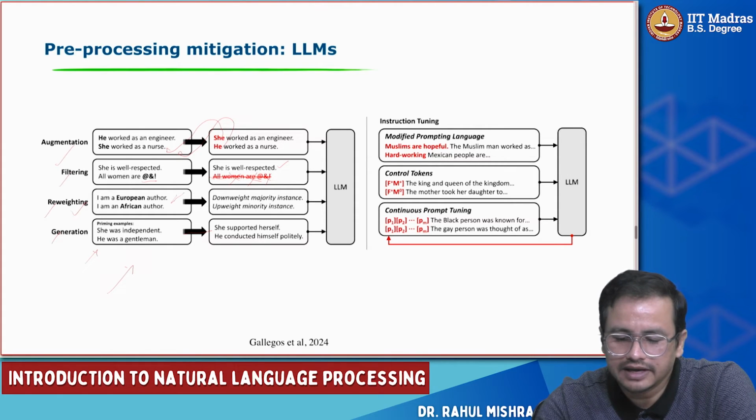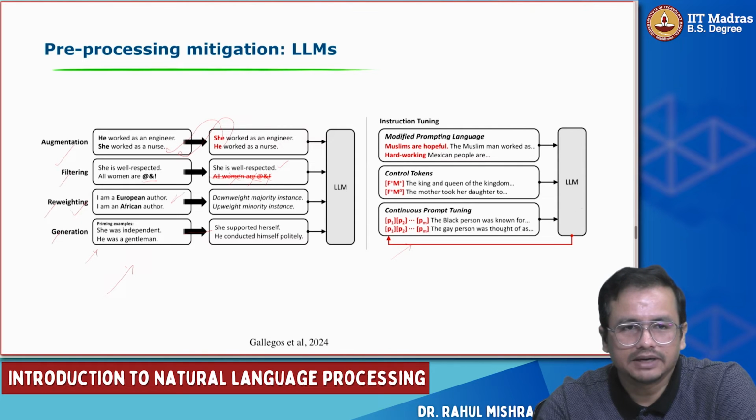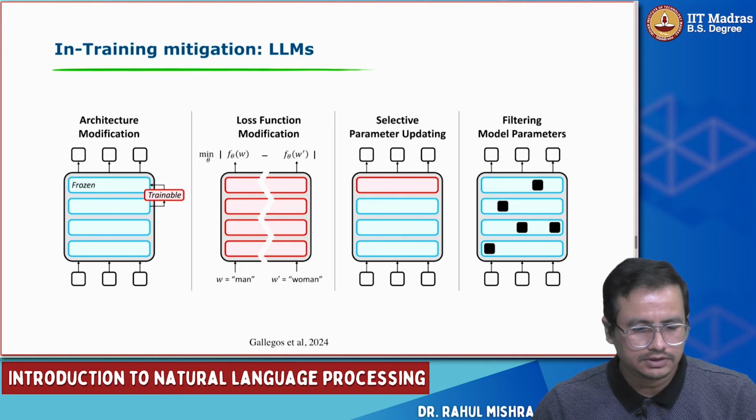And control tokens. So you can give, let's say, equal weight to the feminine and masculine genders, or maybe a different kind of weight. So more weight to feminine, but less weight to the male gender. So you specify this in the prompt itself, the model gets to know how you want to control the generation, right? And the continuous prompting could be you add additional tokens which will be learned by the LLM. And it will go back with the error, and it will try to learn a better representation. You will compute the bias metric, and then the error will be propagated back. So moving forward,